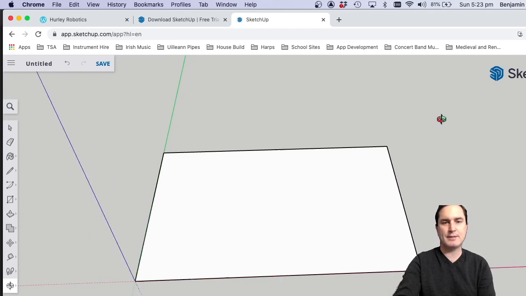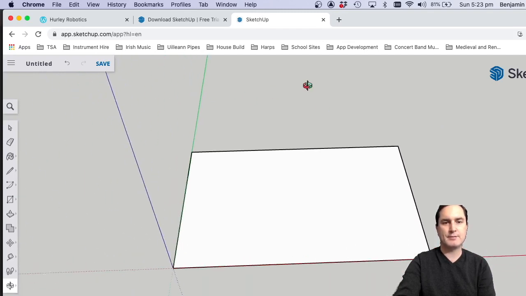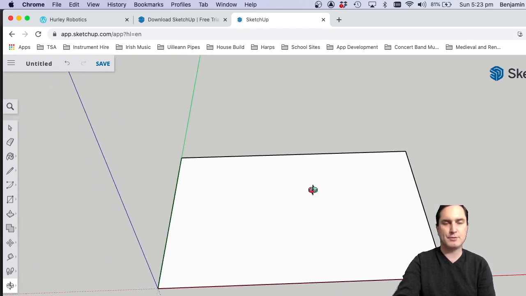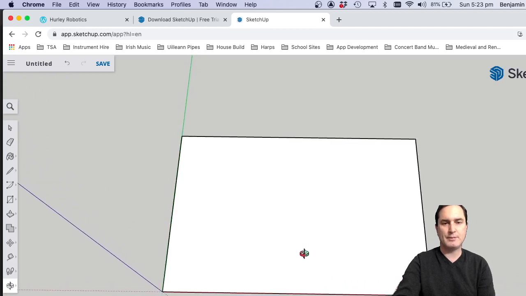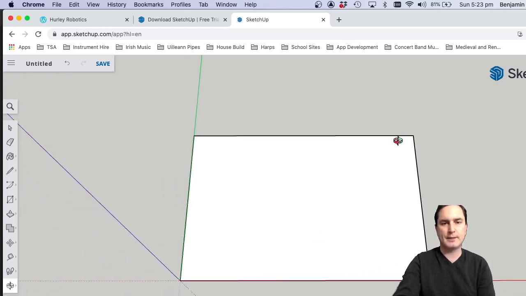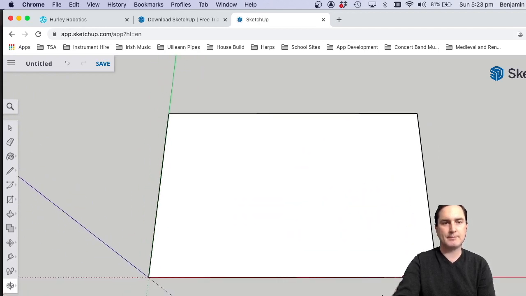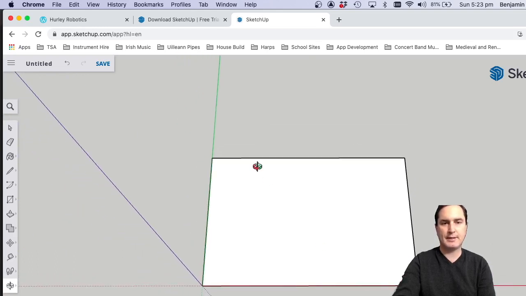You can see after a bit of practice you can get pretty good at centering what you're looking at by using the zoom tool and where you put your mouse. Okay, zoom in a bit more here. Great, now I want to add a roof. Okay, now I've got nothing to click on here or no points anywhere to create my roof, so